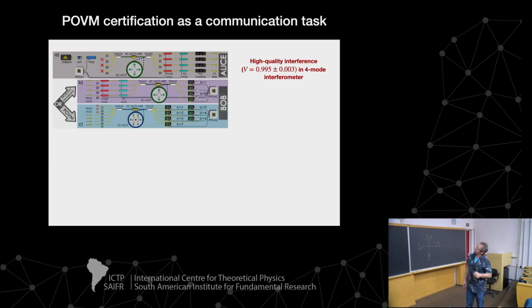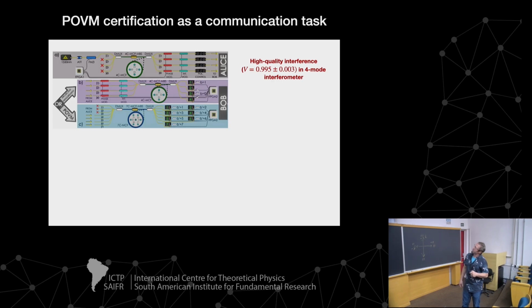Again, it's the same preparation stage which I've been showing you, also with the intensity and phase modulators and polarization control. Then Bob is going to switch between 2 different setups. One is just a projective measurement using the 4-core multi-core fiber beam splitter. The other is the POVM measurement using the 7-core multi-core fiber beam splitter